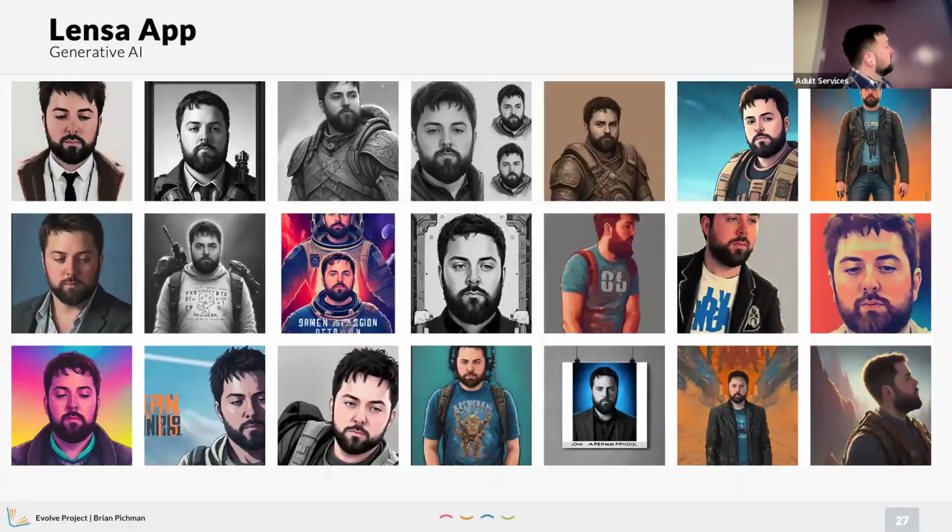Then there's other fun little apps. This is called the Lensa app. And I uploaded like 30 pictures of myself, and I wanted it to create artsy, steampunk futuristic images. All my friends that have done these have photos of them smiling. It's bright colors, happy. These were mine. I had no smiles in any of them. And I was a little perturbed by this. And I was like, what the heck? I uploaded pictures of me smiling, and all these look like I've been through some stuff and I'm busy